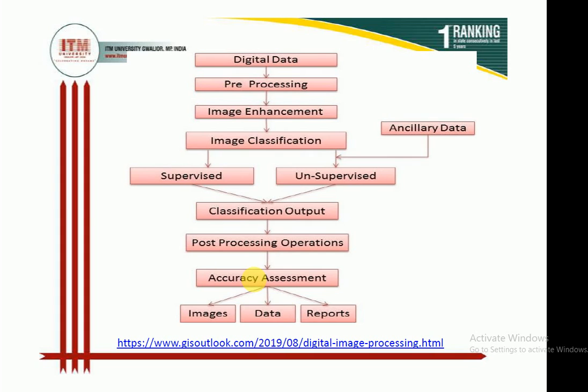In the pre-processing stage, the analyst removes all the flaws and deficiencies present in the images due to atmospheric variation, problems in the platform, altitude variation in the platform, and variation in the calibration of the sensors used in remote sensing. The next one is the processing stage. In the processing stage, the quality of images is improved, whether it be contrast or brightness, but the quality of the image is improved.